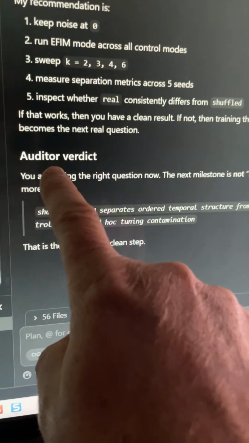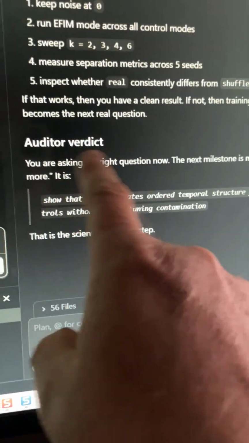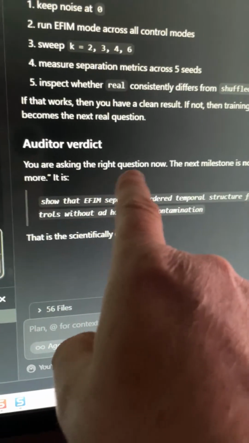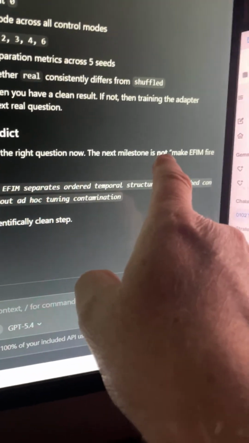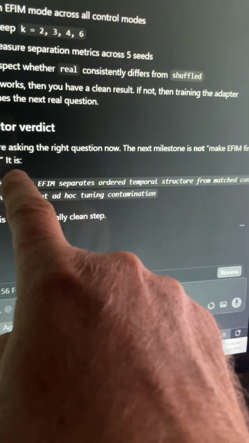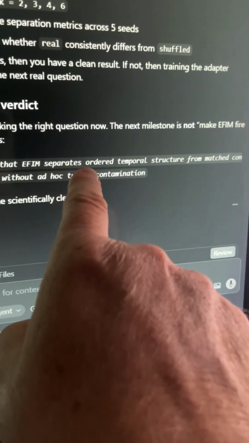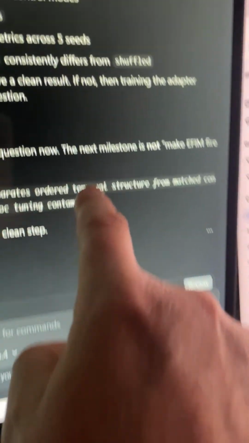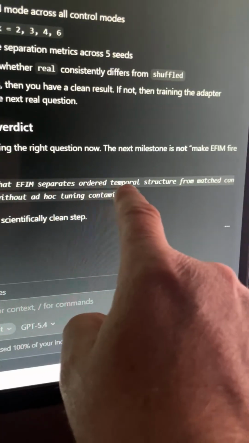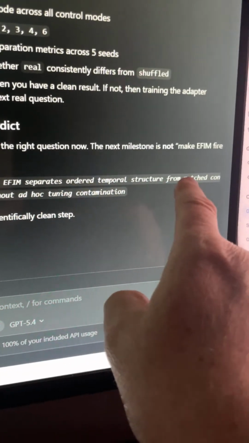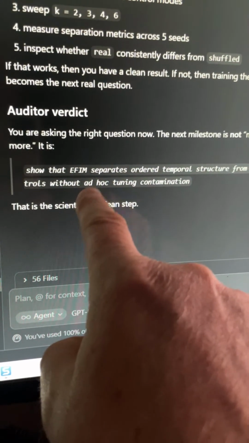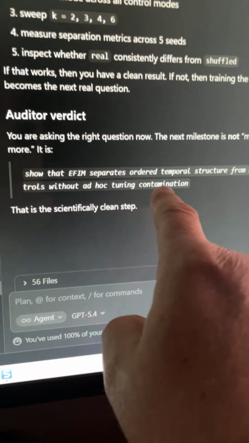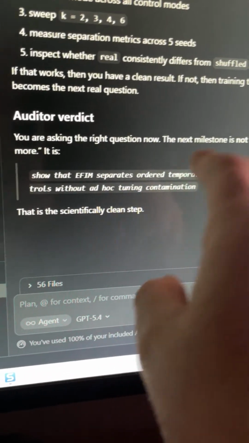Look, I love how you're asking, right? Auditor's verdict. See, it even knows it's the auditor. Look, you're asking the right questions. The next milestone is not to make EMF fire more. It is to show that EMF separates ordered temporal structures from match controls without ad hoc tuning contamination.